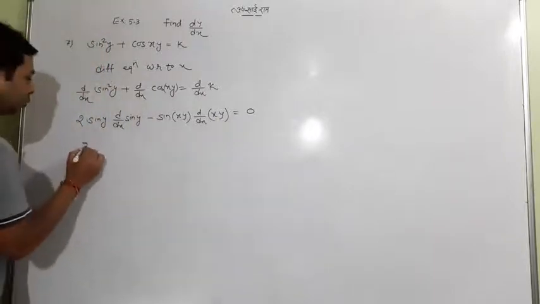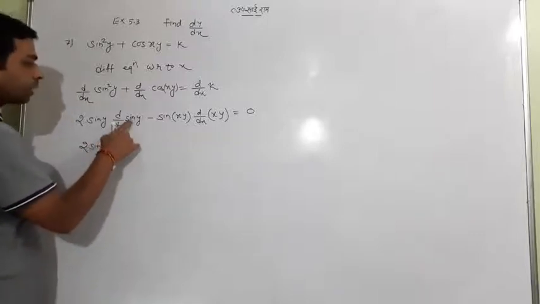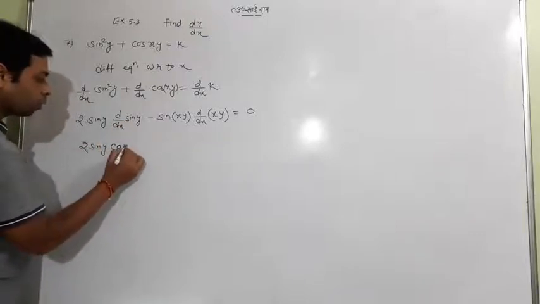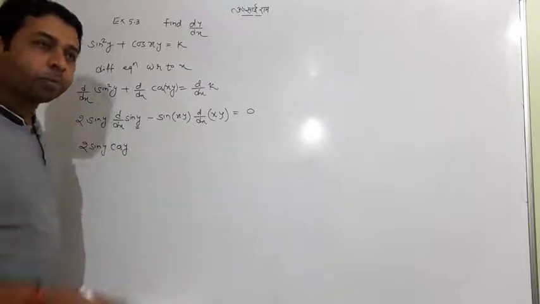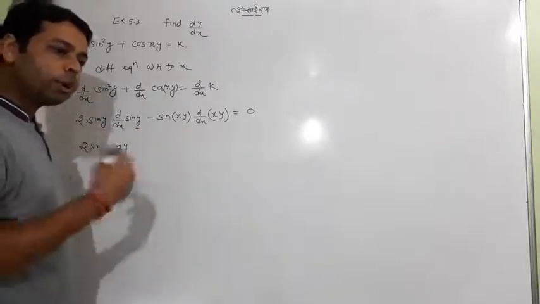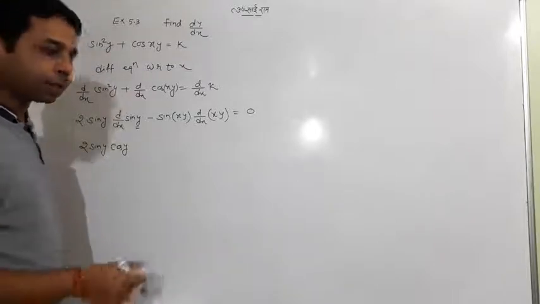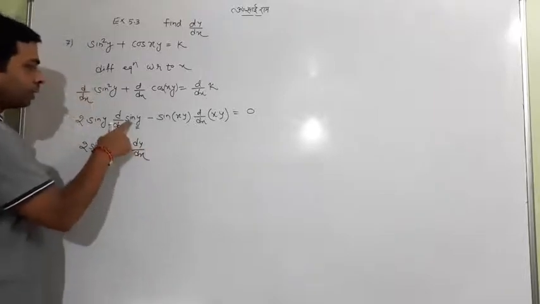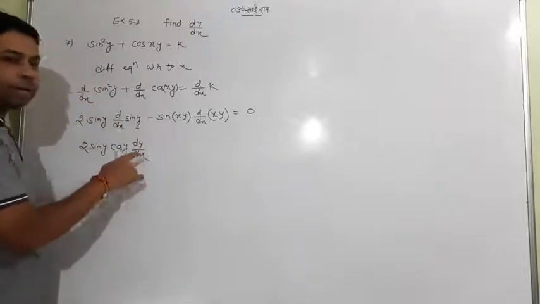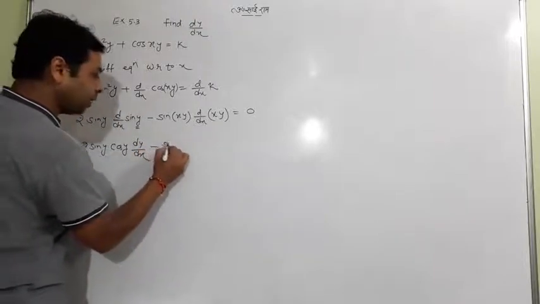What about here? 2 sin y, d by dx of sin meaning cos y, and y will again be differentiated. Whenever y comes, you have to do the final differentiation of y, because y is a function of x and we don't know the value of y as yet. So sin y becomes cos y, and then y having a differentiation by the chain rule, dy by dx, minus sin xy.